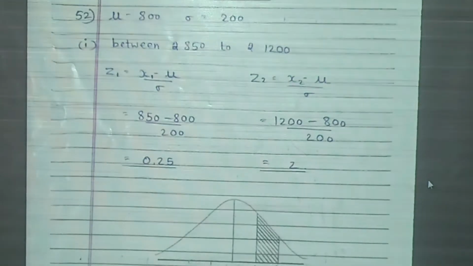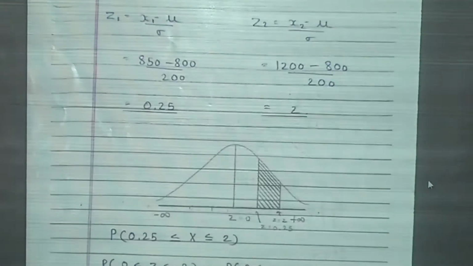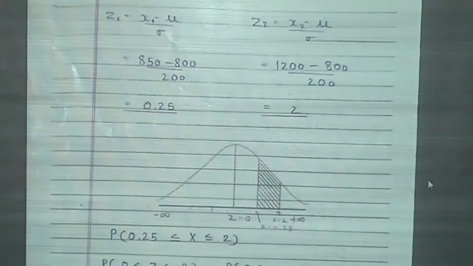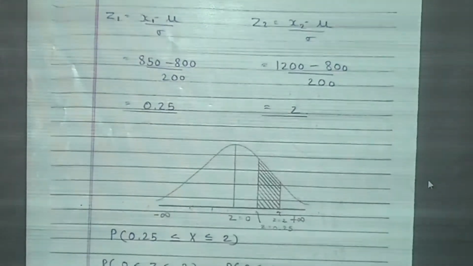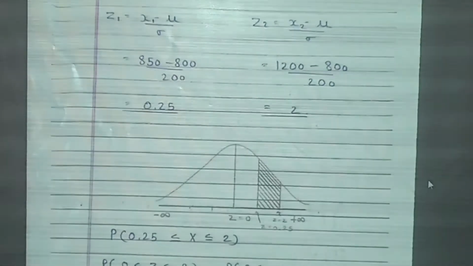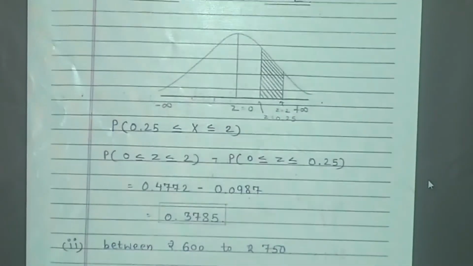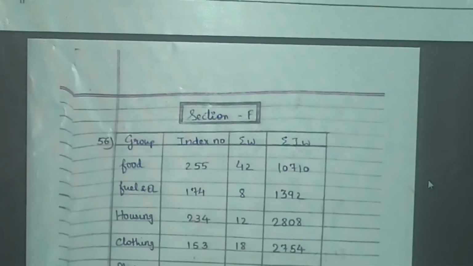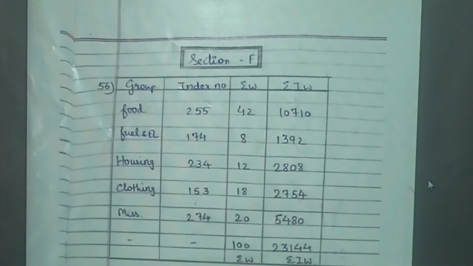We are going to write the paper with the blue pen, and underlining, covering the answer, diagrams, Venn diagram, whatever they are going to ask, with the help of pencil only. Section E is for part 2 only. Maximum we are going to allot 25 minutes. Each and every question should be completed within 6 minutes.